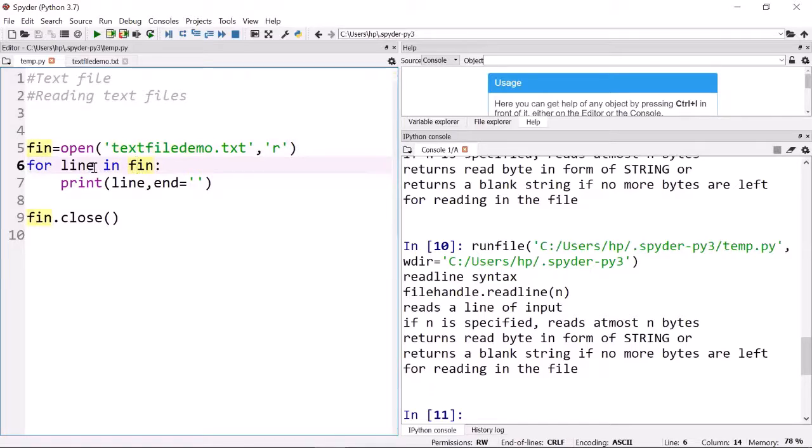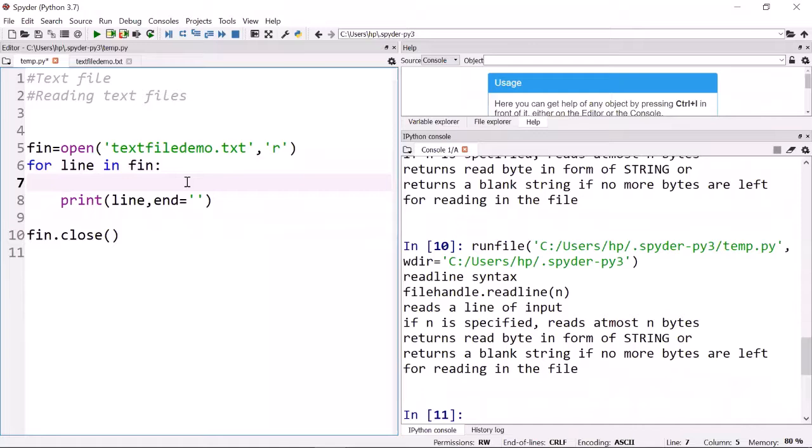So the first time this loop works, this variable will hold the first line of this text file, and we have displayed it. The next time the loop runs, it will hold the second line, and so on. This is the most used method of reading a file line by line. Using this method, we can even access a file character by character, because as such we have the line with us, the first line, a string. If we have a string, we can do a lot of things with the string.